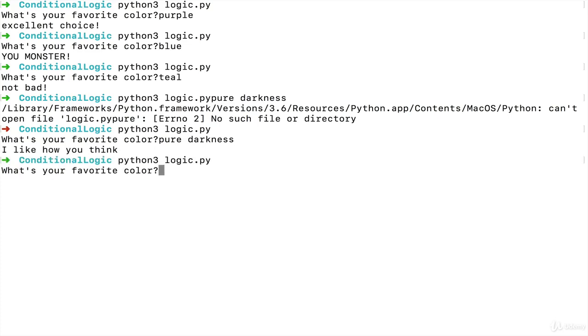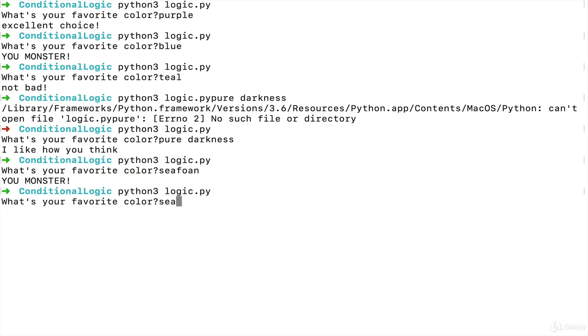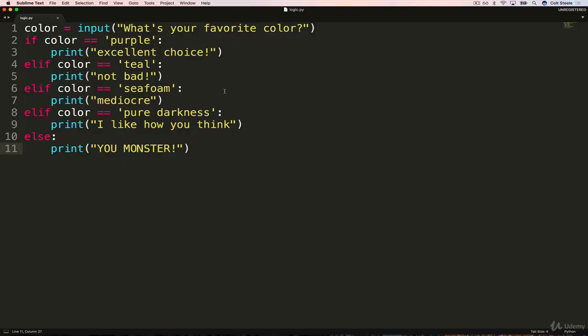And then finally, I think we're missing seafoam. Oh, I didn't spell it correctly, as you can see, so I got you monster. But just for the sake of being complete here, seafoam. There we go, mediocre. And that about sums up this video, mediocre. But it's good to know you can have multiple elifs. All right,